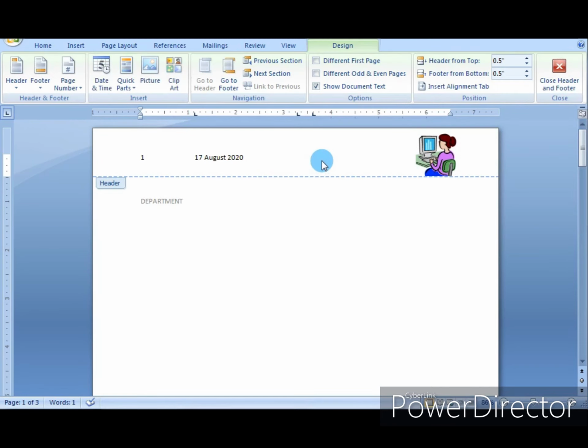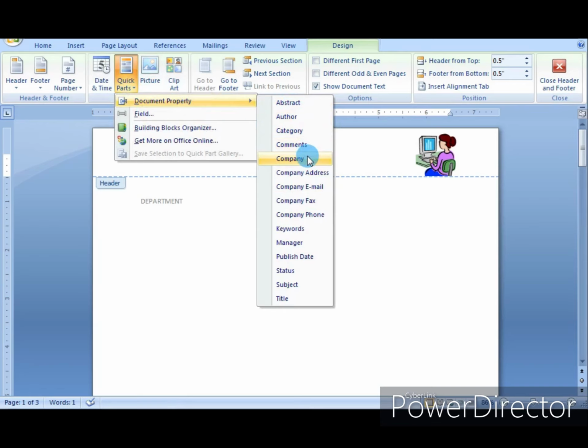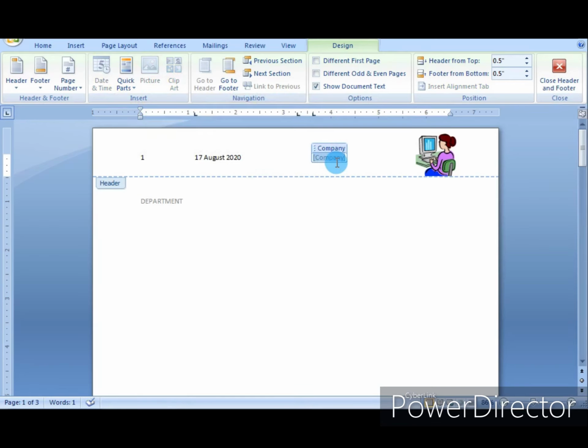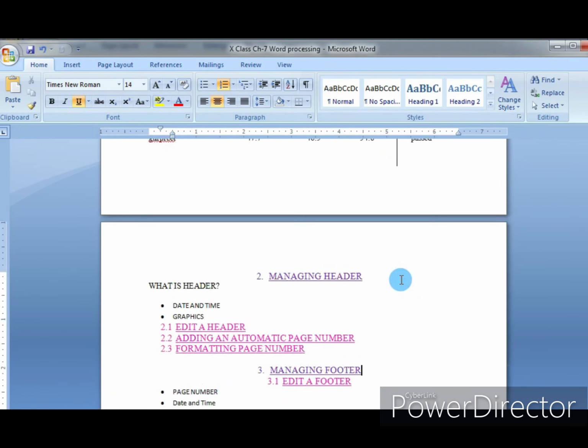Now if you want to add the author name or company name, click on the quick parts, document property and click on the company. Now you can add the name of the company here. Now come to the next.